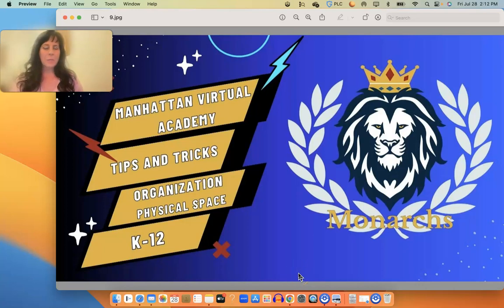Today we're going to talk about tips and tricks for organizing your physical space at MVA. This applies to students in grades K through 12. Organizing your physical workspace is important for students as we want them to have a space that is designated for